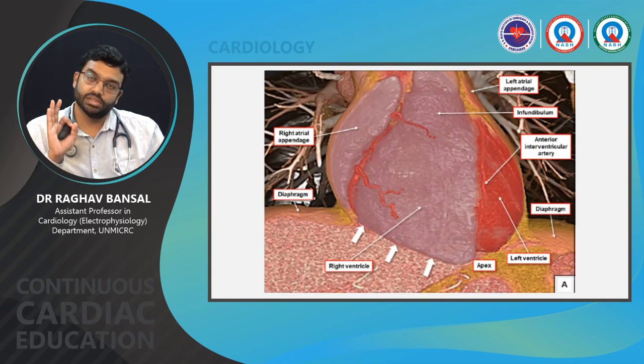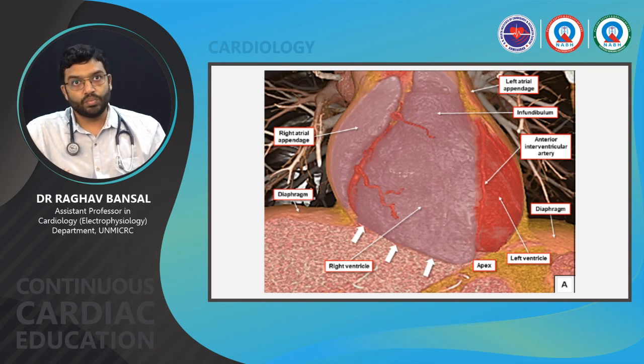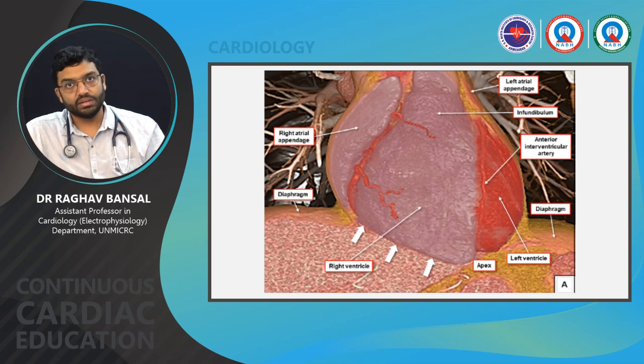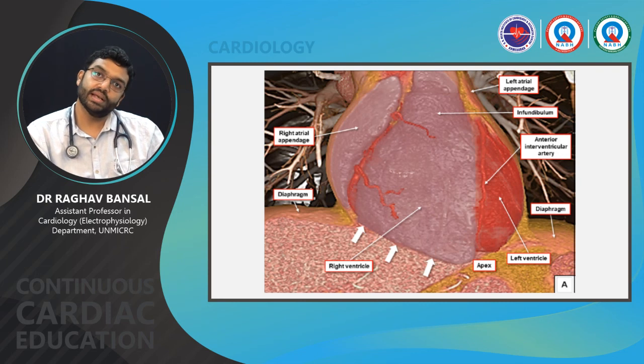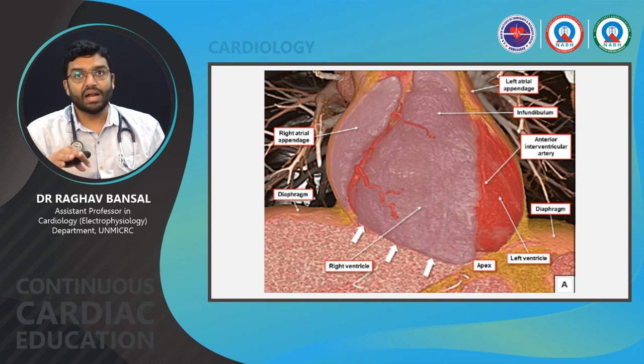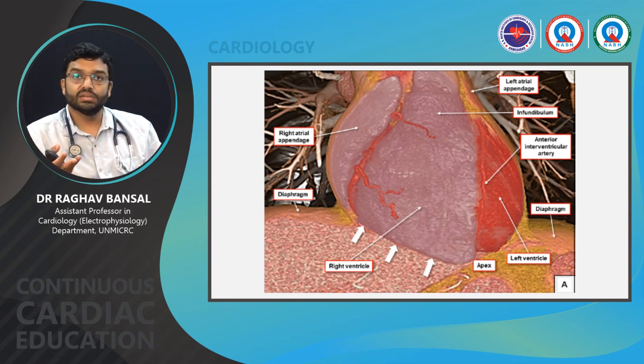However, when we see it just from the front, how the heart looks in the thoracic cavity, then we realize that the atria are actually posterior and the ventricles are actually anterior, the right ventricle being more anterior, and the left ventricle and the left atrium being more posterior as compared to the right-sided structures. So right and left are not simply right and left, but they have some anterior-posterior conformation also, plus the wall which we call the anterior wall is actually the superior wall, and what we call the posterior wall is actually the inferior wall.